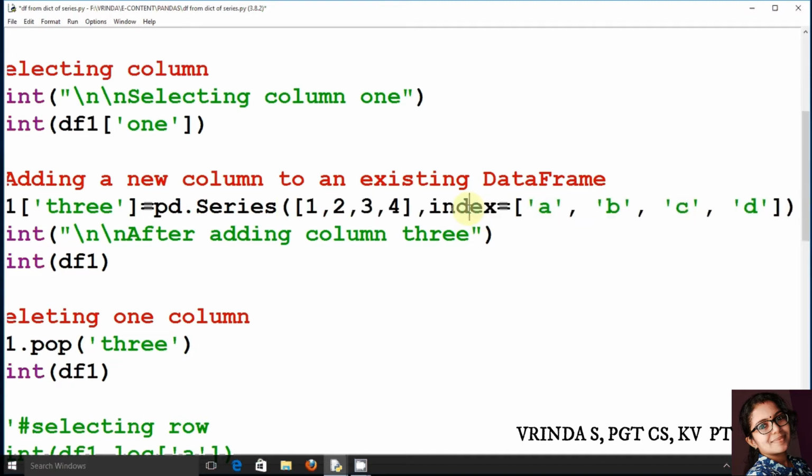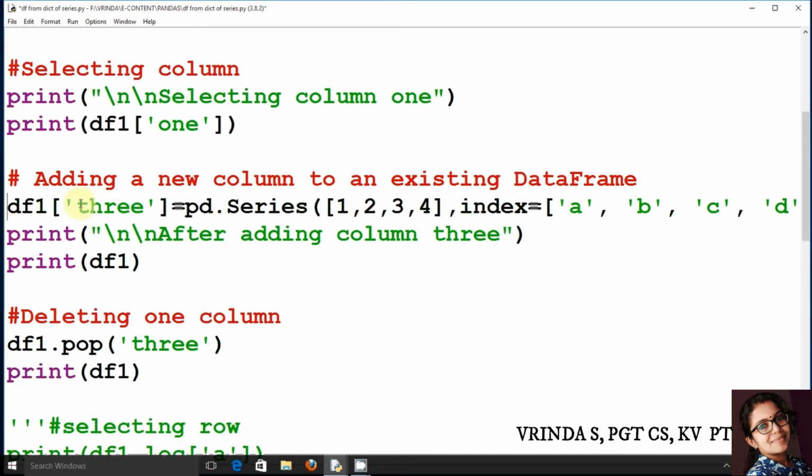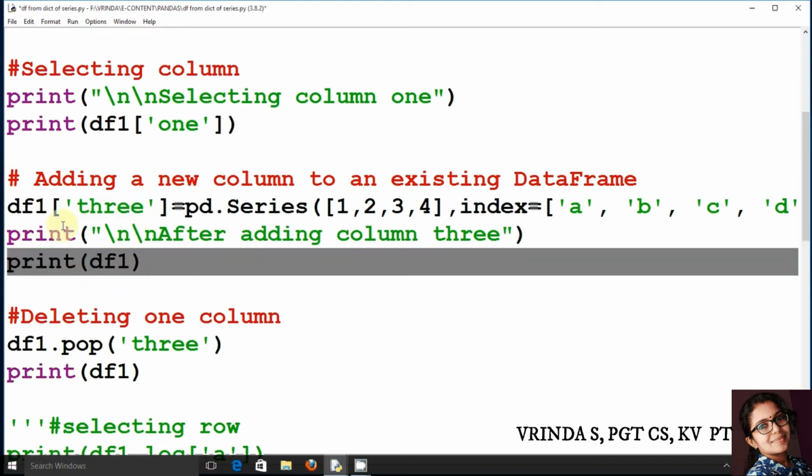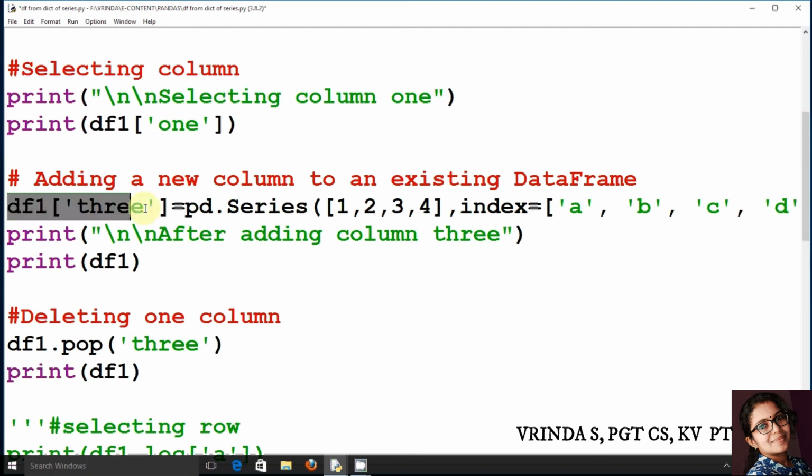From this series I am going to give the values to the third column with the heading 3. How can I add? Just use this technique: the new column heading that you want to add, and give the values on the right hand side. If you display df1, it will show the new df1 with the newly added column.